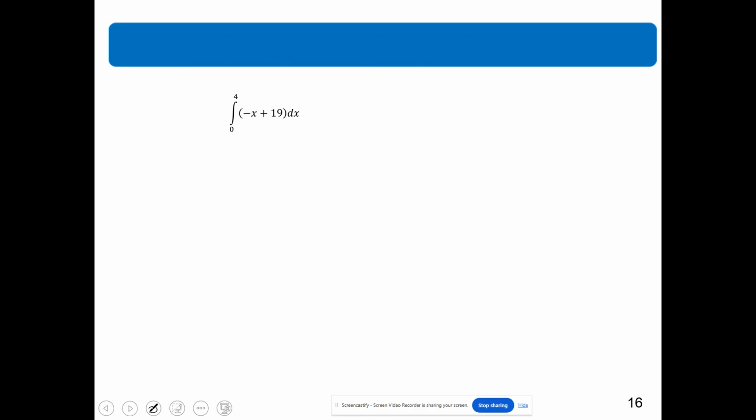To do the limiting process, in other words, to do the whole actual calculus-y thing, remember that the integral is going to be equal to the limit as n goes to infinity of the summation of i going from 1 to n of f of c sub i delta x. Delta x, not dx. And in this particular problem, delta x is going to be 4 over n, because you would do 4 minus 0 over n, which is 4 over n. And c sub i would be 4 over n